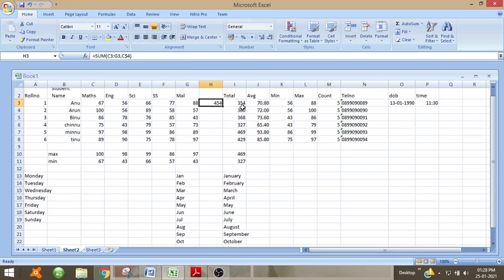Now you can see it was 354, and instead of that, 100 is being added.